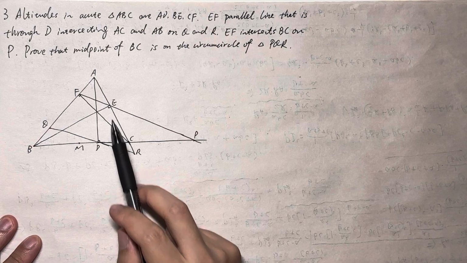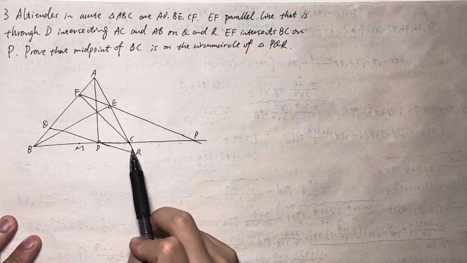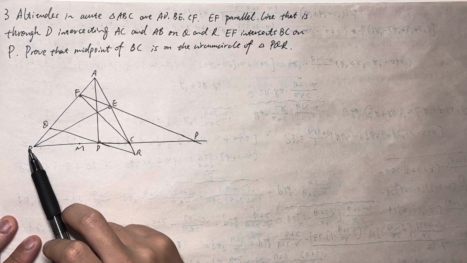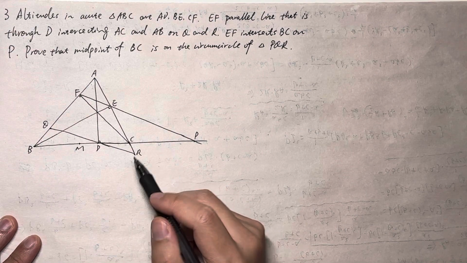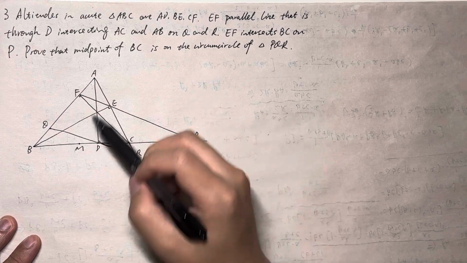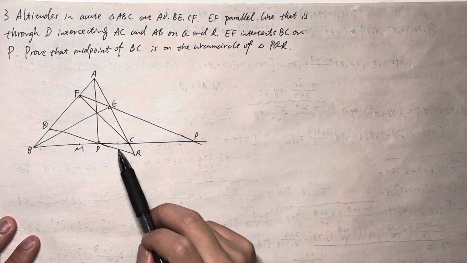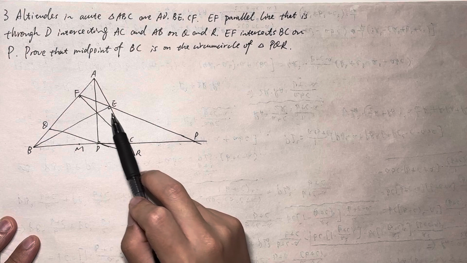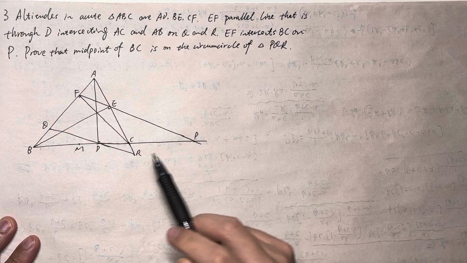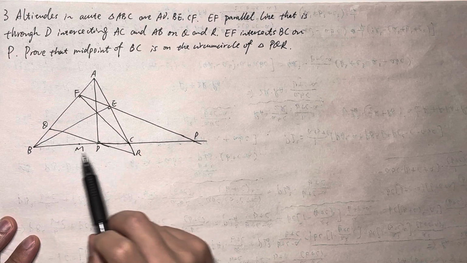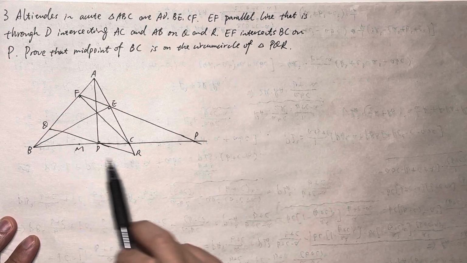A line through D parallel to EF intersects AC and AB at Q and R. EF intersects BC at P. Prove that the midpoint of BC, which I set as M, is on the circumcircle of triangle